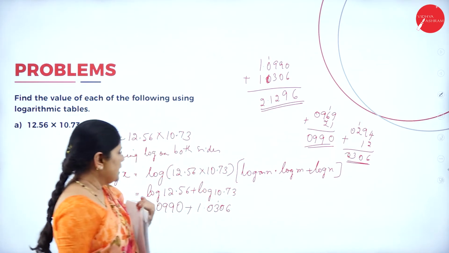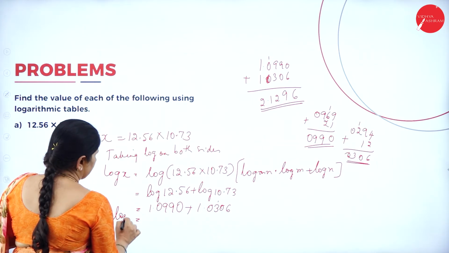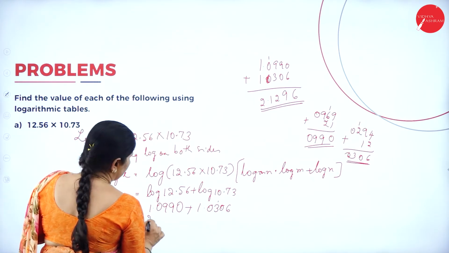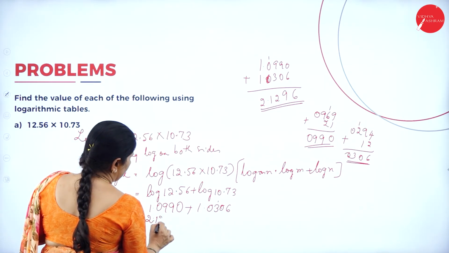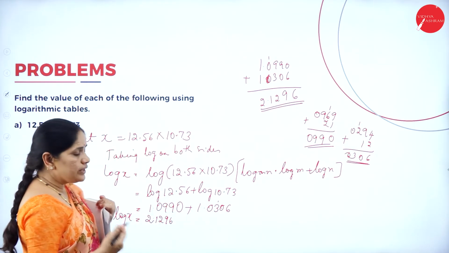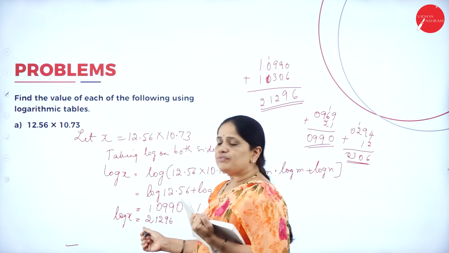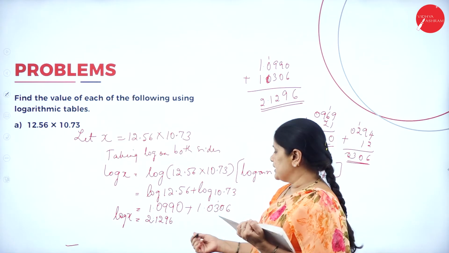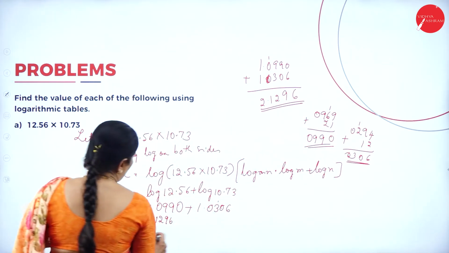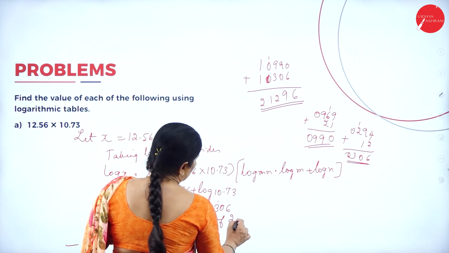So this is the answer. So log x will be equal to 2.1296. Now we have to get back the value which we have started. Now I have to find out the anti-log of this. Now anti-log of